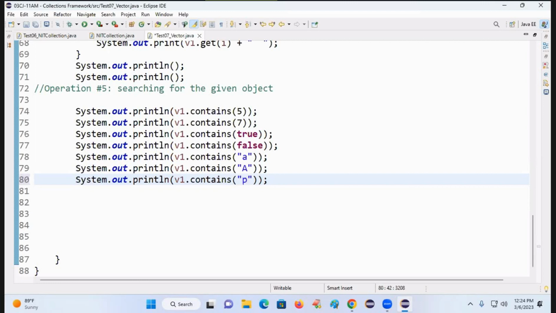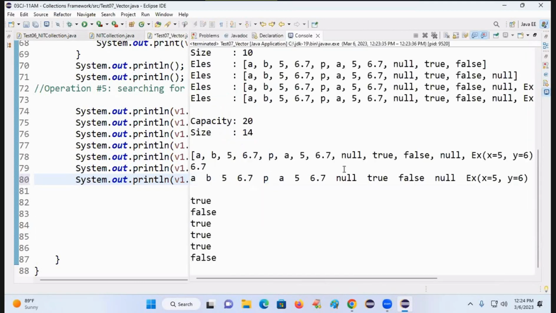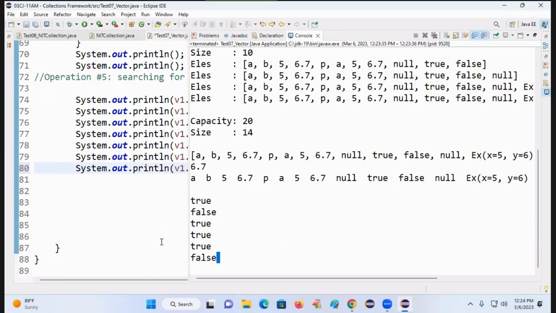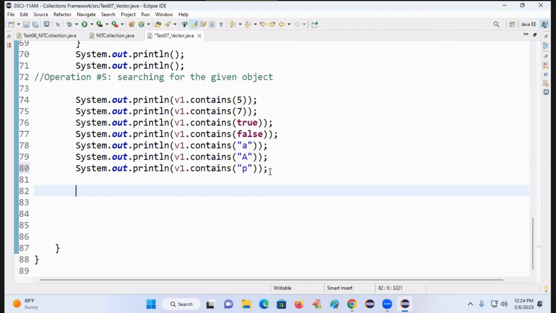P. True or false? P is there or not? Yeah. Here, P is there, right? Why did you get false? You are trying to search for what? String P, but we have stored